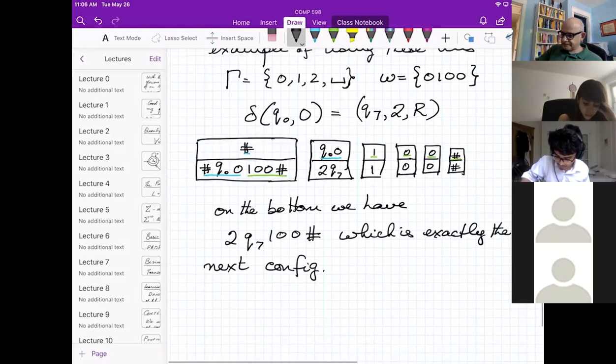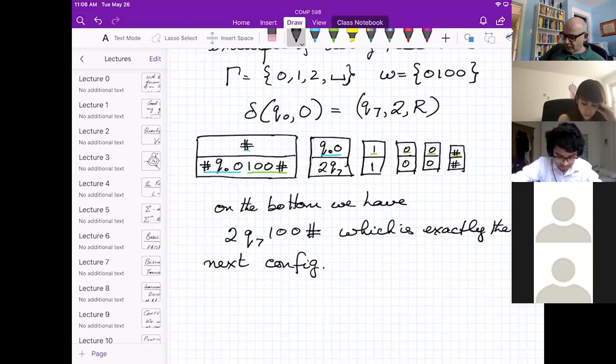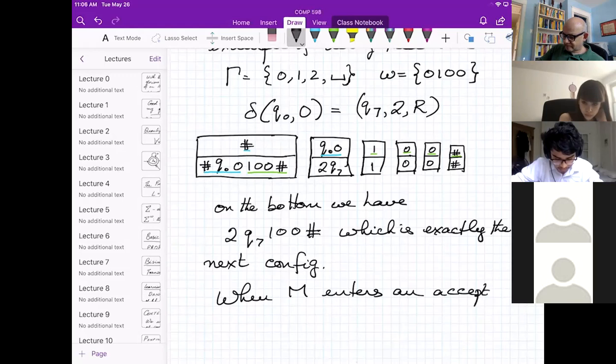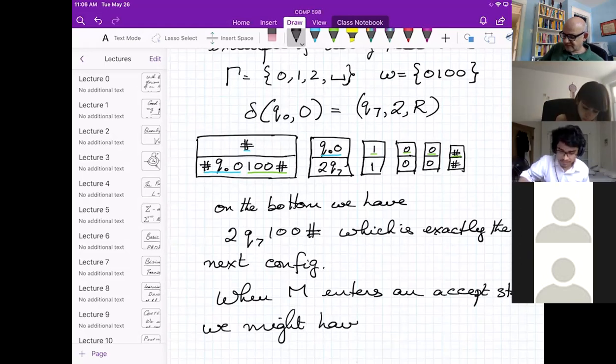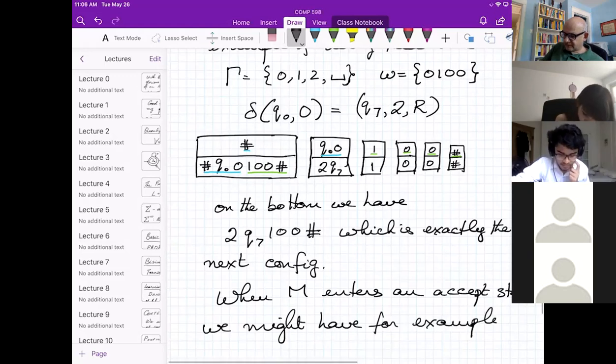And so now, when M enters an accept state, we might have, for example, something like this on the bottom.